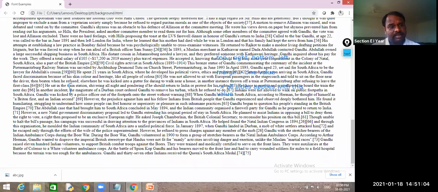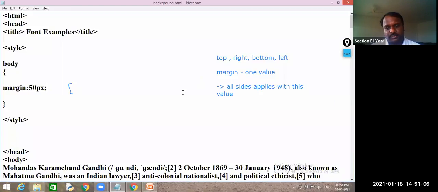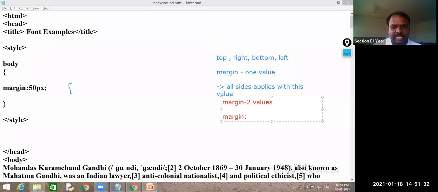Now, second one: margin with two values. I will change this color. Margin with two numbers, or two values. Now you tell me how it will assign. So margin with two values: here 100 pixel and 200 pixel, I have given like this. What is the order of assigning values?